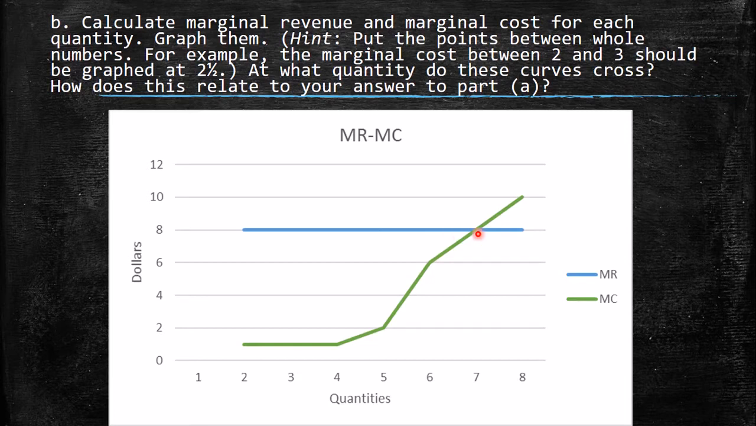Why don't you produce more? Because for the next quantity that you produce, it's going to cost more than it's going to represent for you as an income, as a revenue. So that's the deal. Okay, then